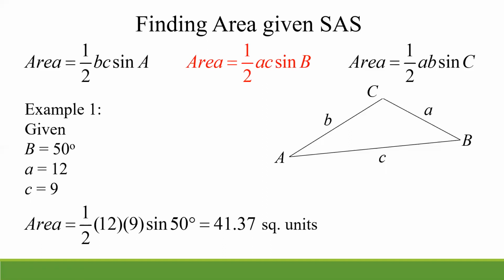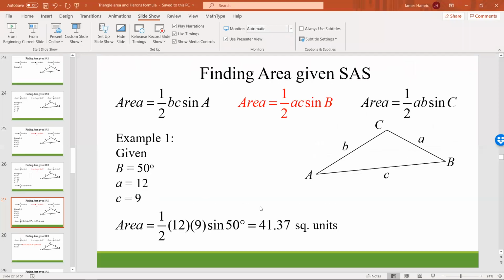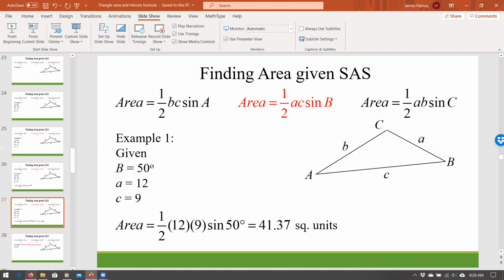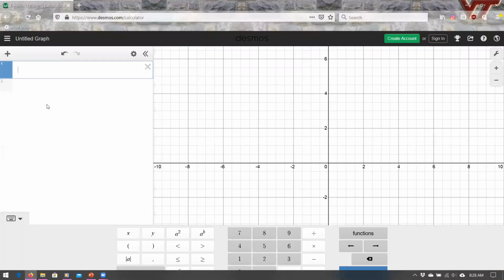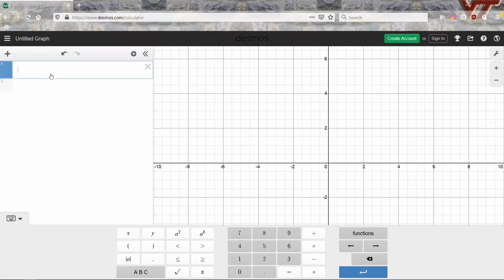Now I am going to go into Desmos. I've done this in my other videos. I'll show you how to at least plug one of these in, just to make sure we're all on the same page. So just plug it in, 1/2 times 12 times 9 times, of course, for the sine, we have to go down here to functions, sine of